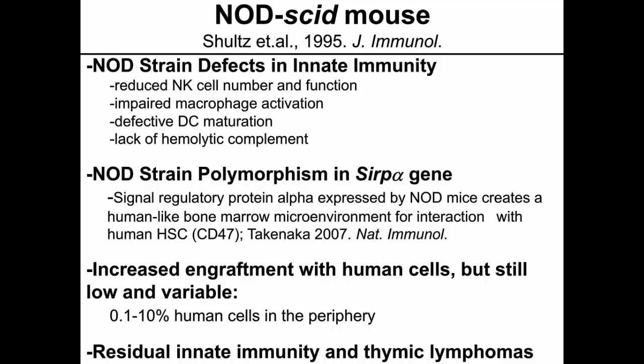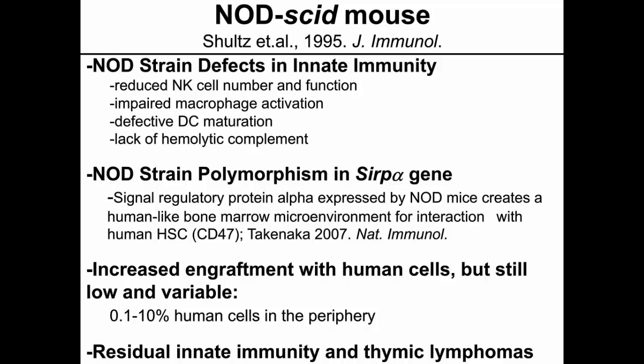The NOD strain also has a polymorphism in the signal regulatory protein alpha gene that creates a more human-like bone marrow microenvironment for interaction with human hematopoietic stem cells, specifically through the interactions with CD47. The interaction between SIRP alpha expressed by phagocytic cells in the mice and human CD47 on the NOD background sends a good "don't eat me" signal to those phagocytic cells and allows a high level of engraftment of human cells